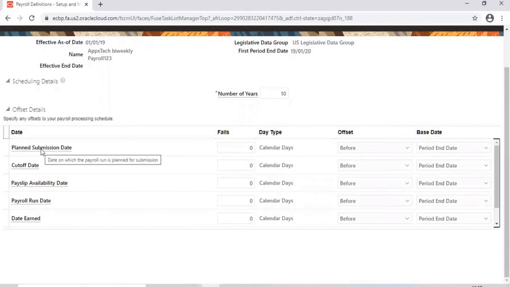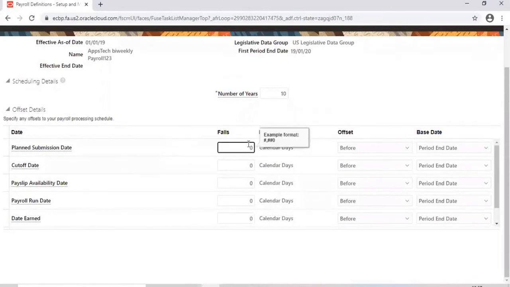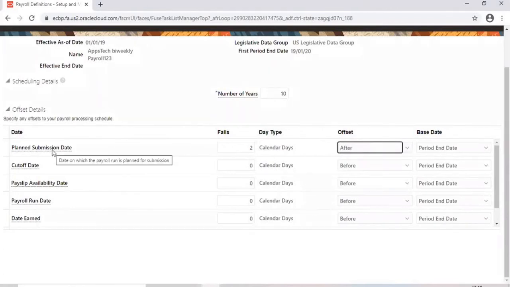So this planned submission date, if I keep it 2 calendar days after period end date, it means I am planning to submit my payroll run, to run my payroll, on the 21st. The 19th is my payroll period end date, but I am planning to run the payroll on the 21st.